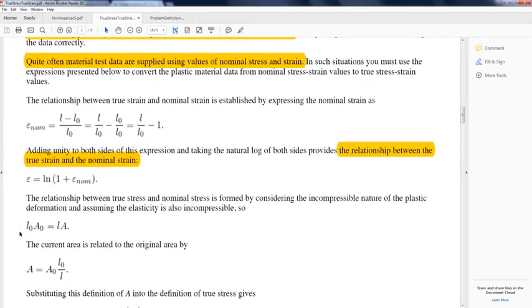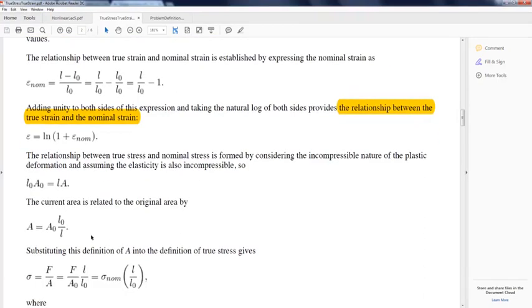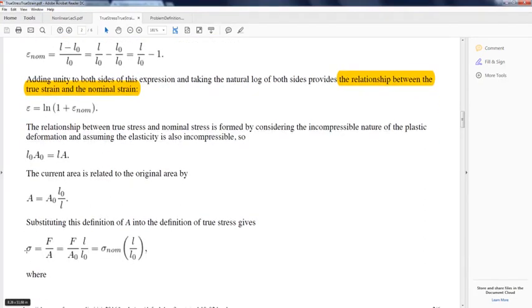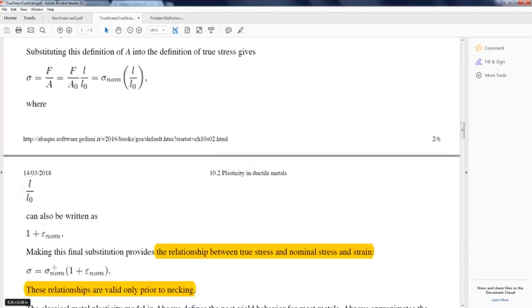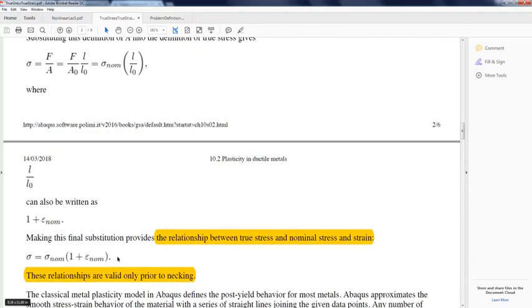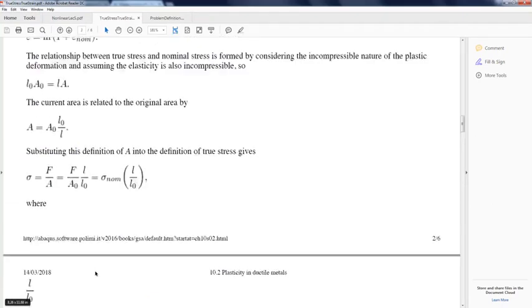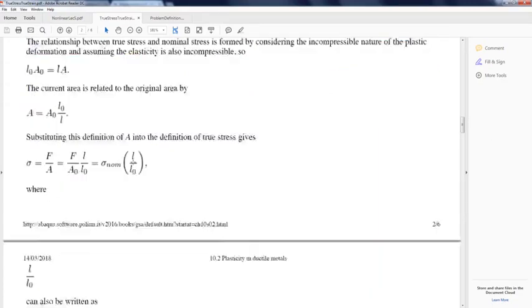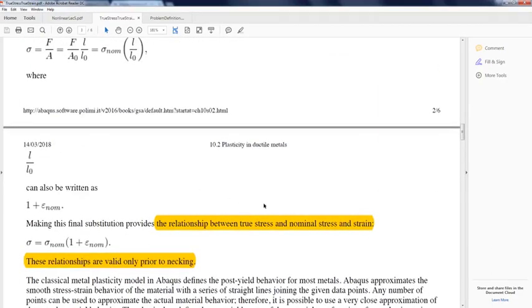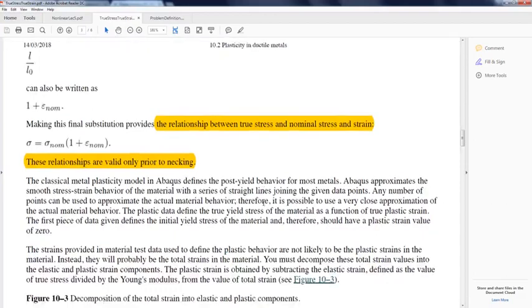And we can use the incompressible property of plastic deformation to find the relationship between our true stress and nominal stress. And here we can further relate it to the engineering strain, which we obtain from experimental data most of the time. And then using this equation together with the one relating strains, we can transform our experimental engineering stress strain curve into the true stress strain curve that we need for defining plasticity in Abaqus.